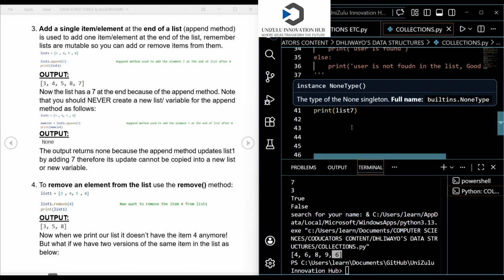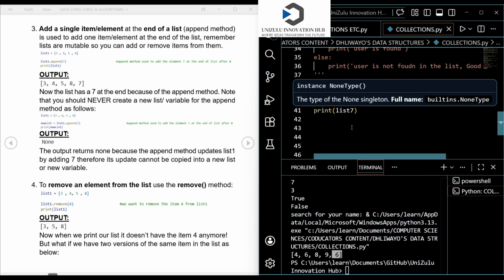Okay. So this is known as an append method. I can keep on appending more things. I can keep on adding more things to the list. Let me just say here, after adding 10, let me append another thing. Let me say on my list 7, I want to append 23. Remember, I do not assign this to another variable, guys. It's going to give me a None there.